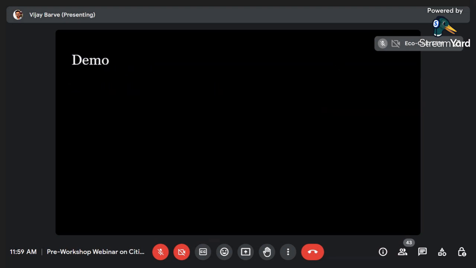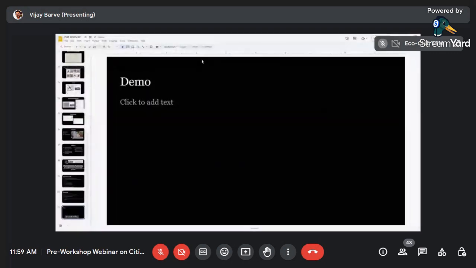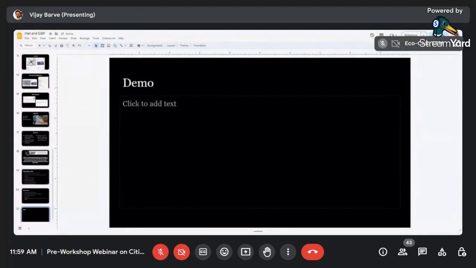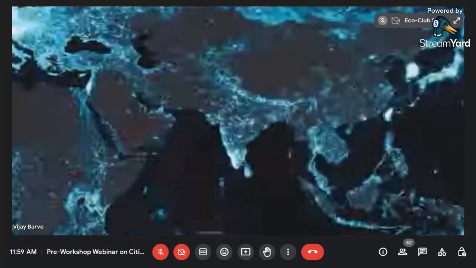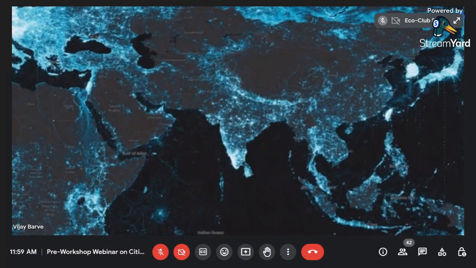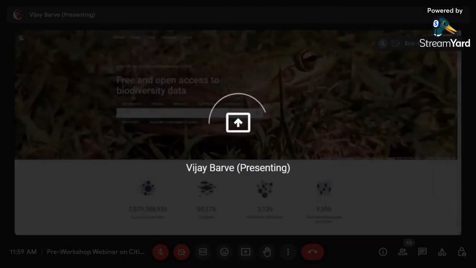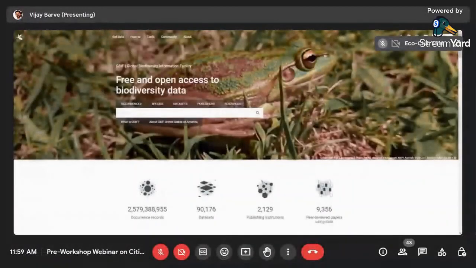And now I will just quickly jump to a demonstration. I don't think I need to give a demonstration for iNaturalist, so I will only give a demonstration of GBIF. Let me try and share my window. Okay, so this is the